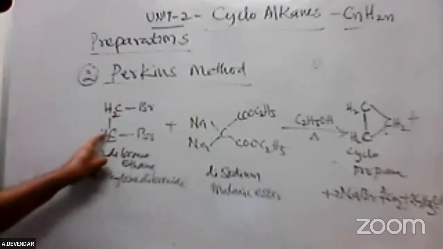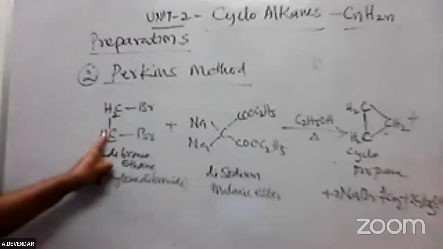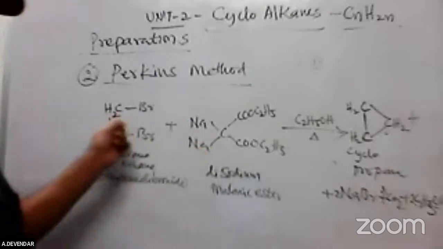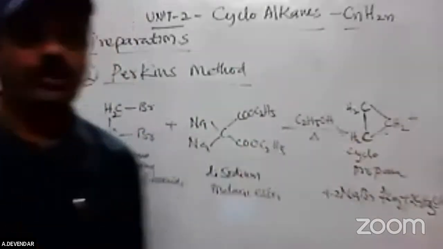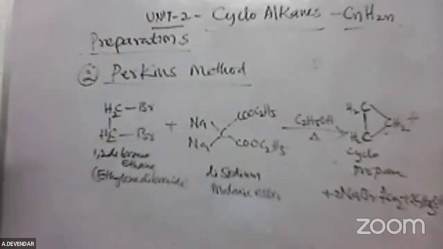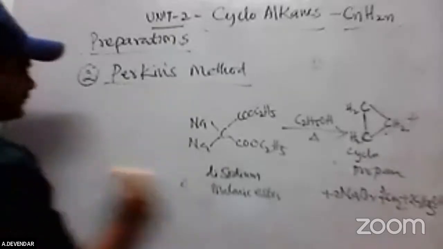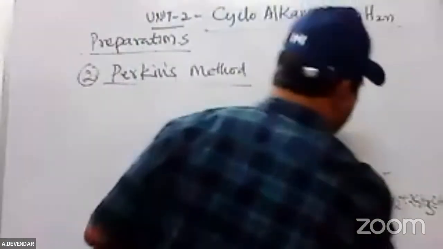Here you are getting this particularly, ethylene dibromide. These two raw materials you can't change. These two raw materials only react with each other, forming cyclopropane. This is about the Pulkins method. This Pulkins method is also very important from the examination point of view. Next, the third method is